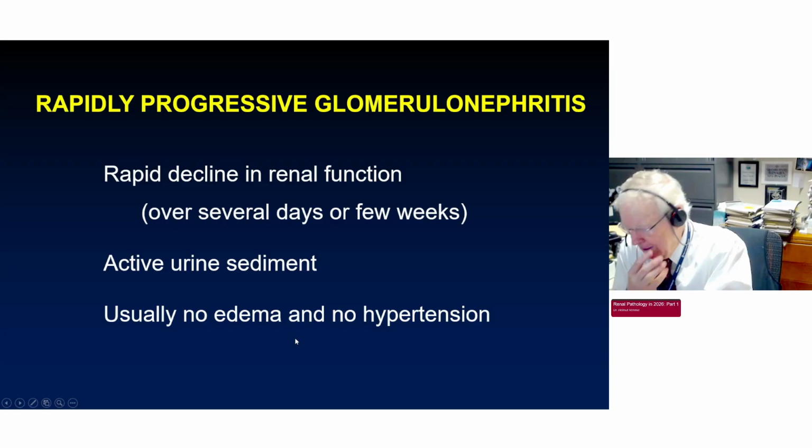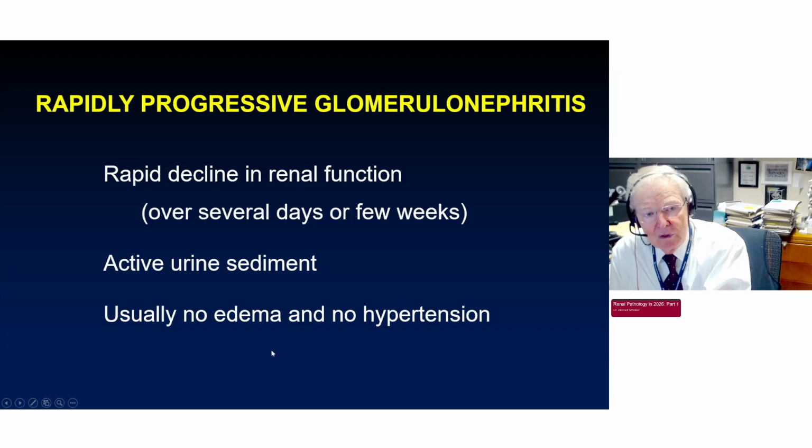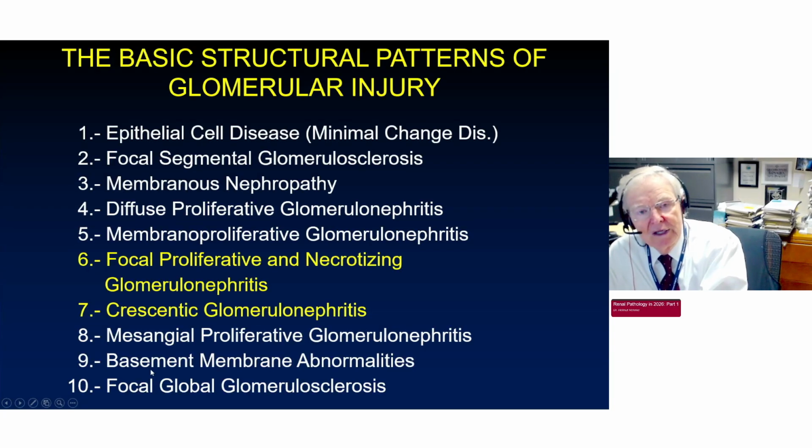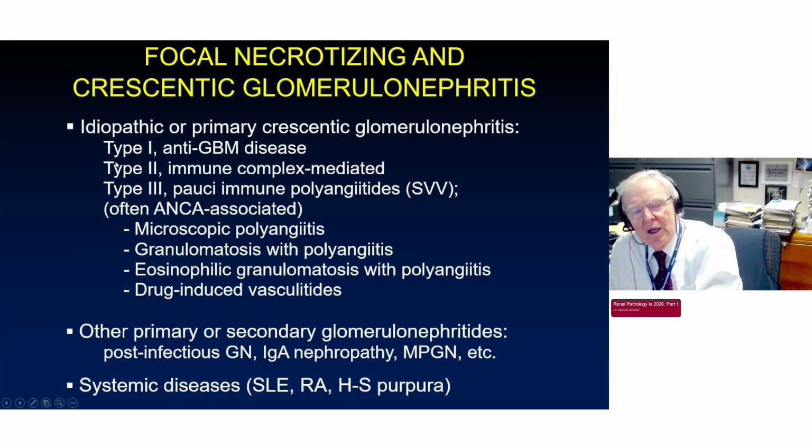Usually there is no edema and no hypertension, as opposed to the acute nephritic syndrome, which frequently courses with edema as well as with hypertension. The two patterns that are most frequently seen in patients with a rapidly progressive GN are the focal necrotizing glomerulonephritis and the crescentic glomerulonephritis. And we distinguish type 1 with